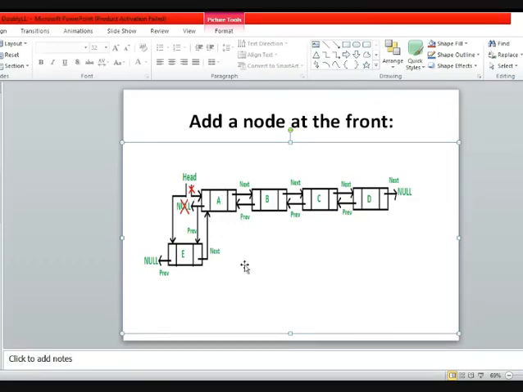So how will you do that? You can simply create that node with the help of the malloc function. You can allocate space to that node, in a similar way as you allocated to previous nodes, and once you have allocated space, you need to enter its value here.